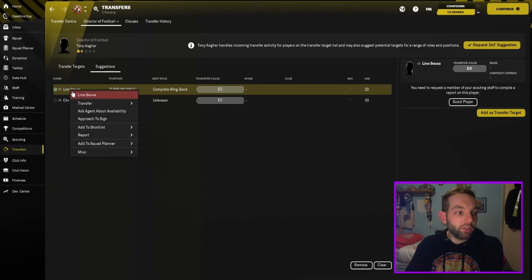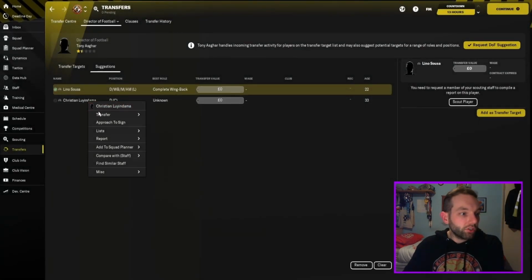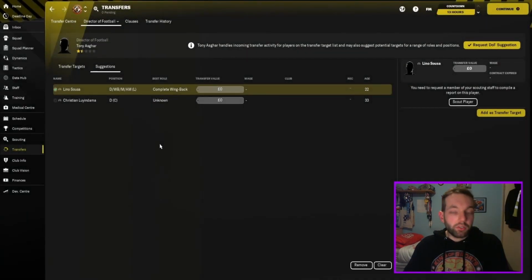And I would recommend always right click and offer a trial. Preferably you want to offer at least 2 weeks, so that way you get the full scouting knowledge on them, and then you'll be able to make a more informed decision about whether they're going to be any use to your squad. So we're going to go ahead and just quickly bring in a couple of trialists. Who knows, they may be useful for me. But certainly